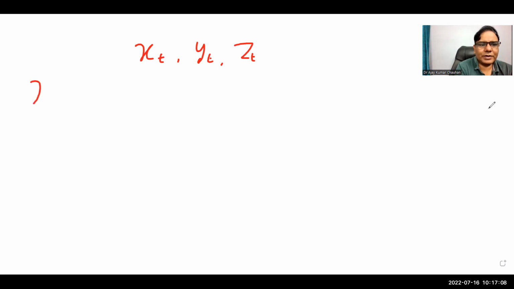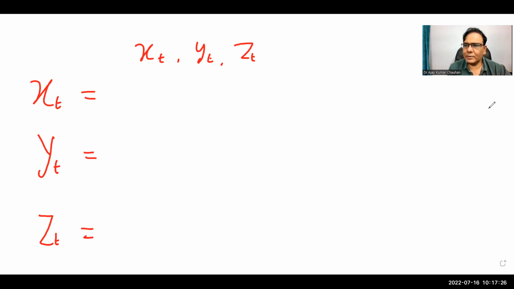The first equation is assuming xt as a dependent variable. The second equation is yt as a dependent variable. And the third equation we assume zt as a dependent variable. And all the variables have the same right hand side, so I am writing it only once. This is similar for